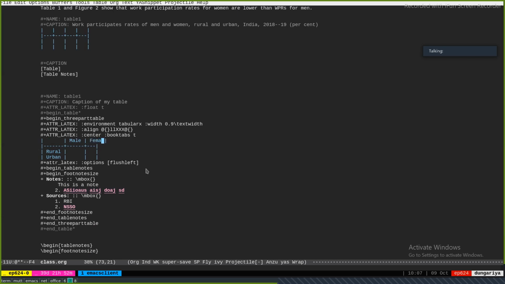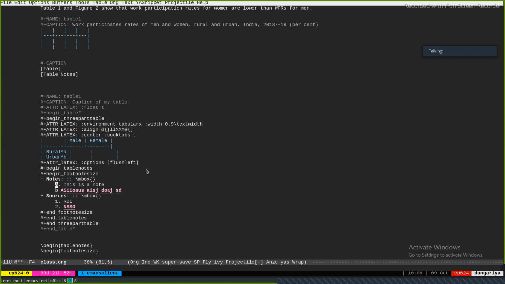Suppose I have a table like this, and I have superscript A, superscript B, and I have a note meant for A and a note for B. Okay, so things like that.